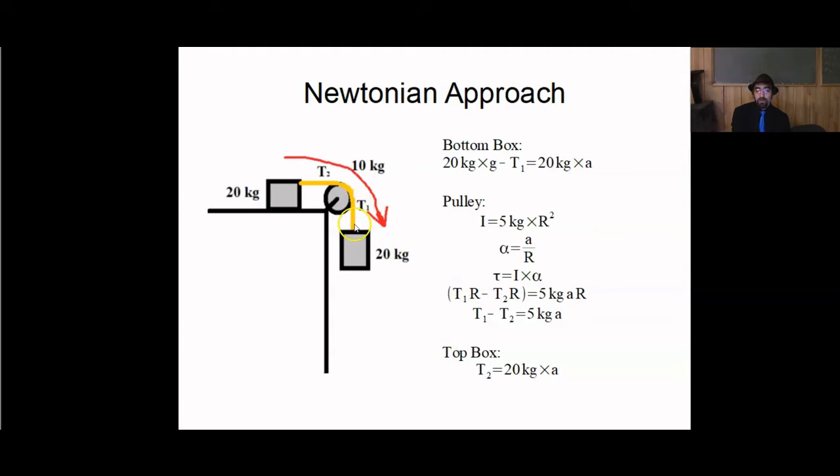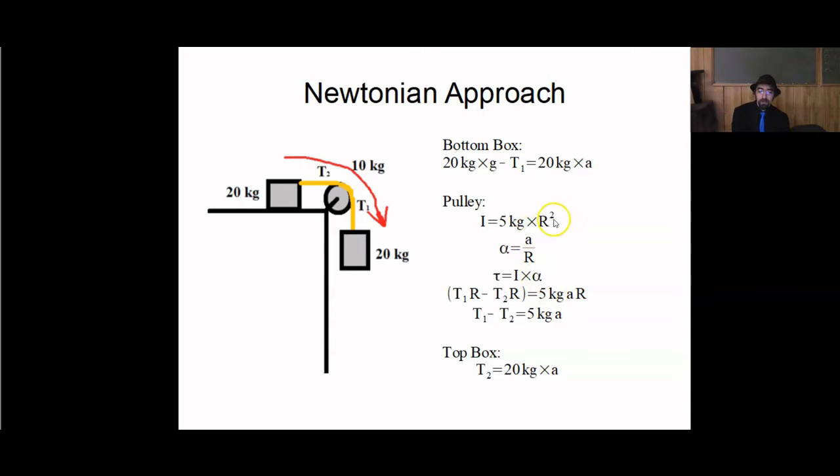So you get T1 times r going one way, T2 times r going the other way. The T1 times r goes in the direction of acceleration, right? Intuitively, you don't have to be an engineer to realize that when you let go of this block down here, it's going to go down, not up. So you get T1 times r minus T2 times r equals